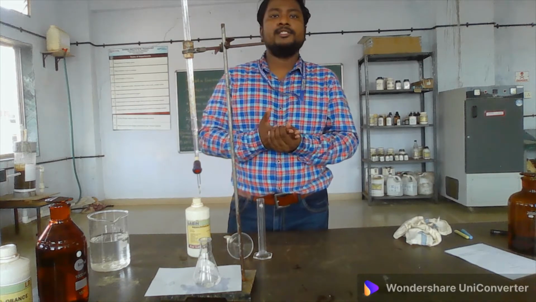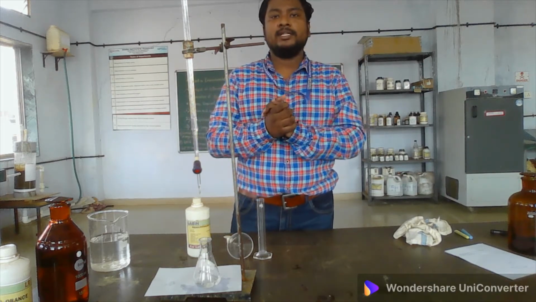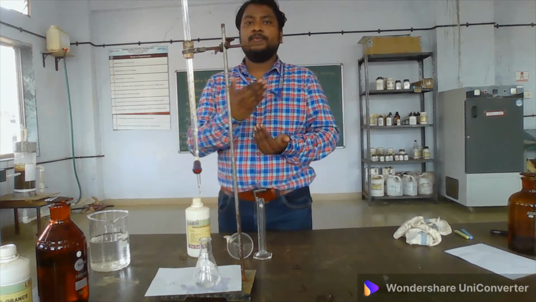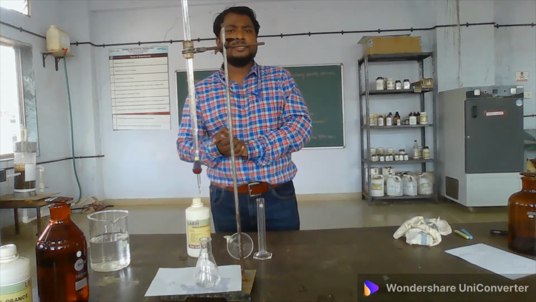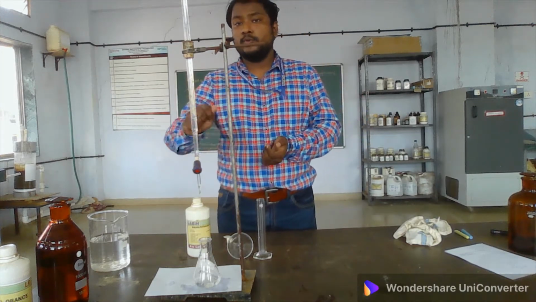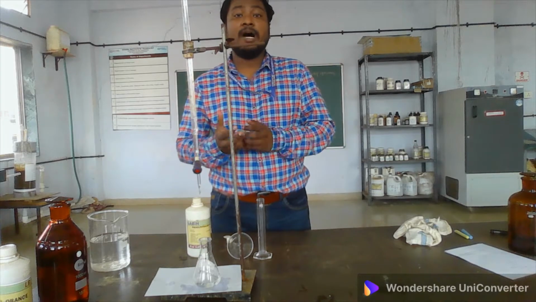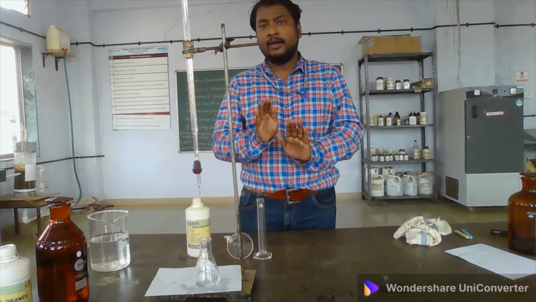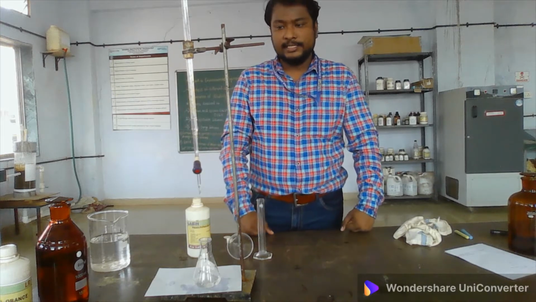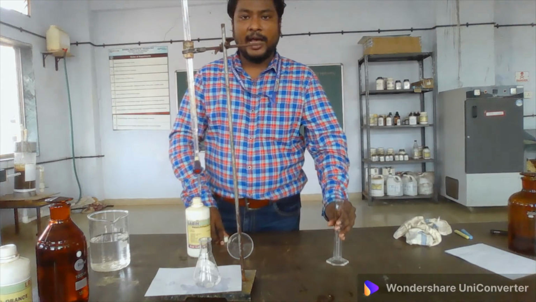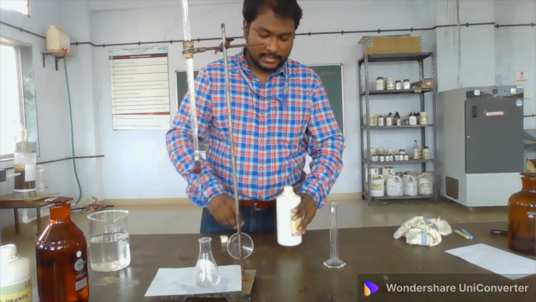If pink color is obtained, then we will directly go for the titration, and pink to colorless is simply the endpoint that we will perform. But in this case, there is no necessity to perform the titration. Why? Because after adding 2 drops of the phenolphthalein indicator, I have not obtained the color change. Now the next step is that I am going to move towards the second stage of titration.